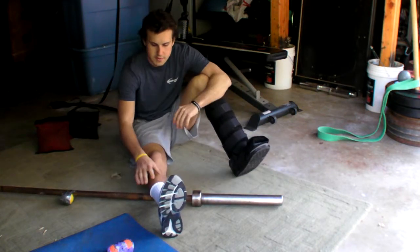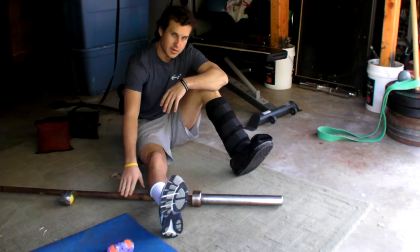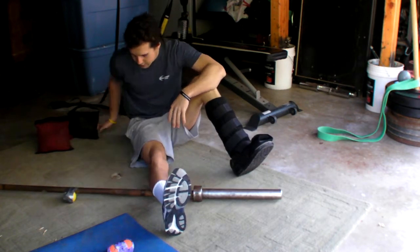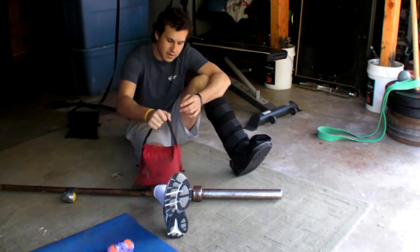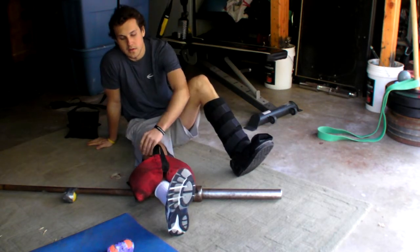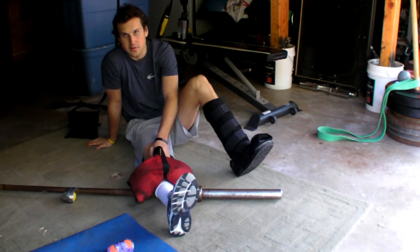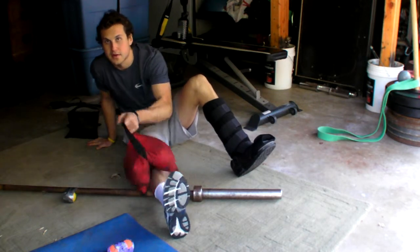Okay? So you can do it like this, or you can get on your knees and put the bar on your calf. For the video purpose, I'll show you this one. Okay? And from here, I like to add some extra weight. Put your other leg on top, or put like a sandbag, and you're going to just try and tack and floss too. Try and get that ankle through range of motion. Okay, side to side,